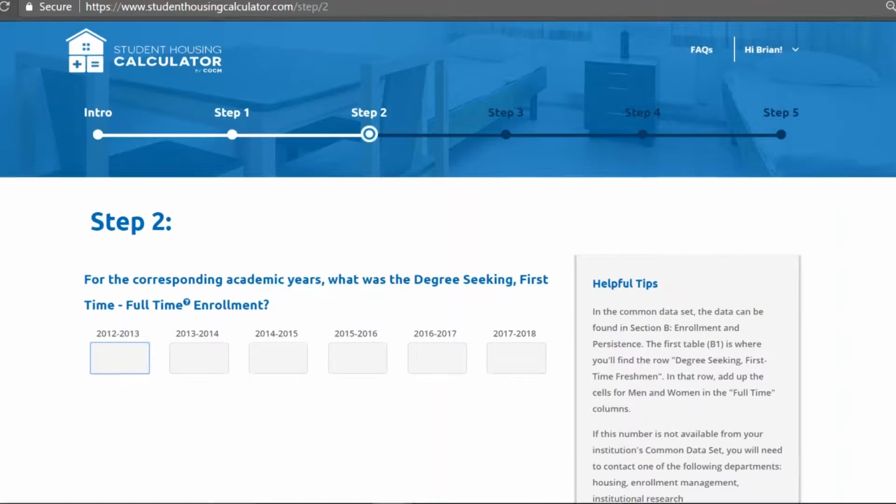Now we see the Step 2 page. The first input asked for is, for the corresponding academic years, what was the degree-seeking first-time, full-time enrollment? Here we're going to enter the following numbers. For 2012-13, 1,479. For 13-14, 1,422. For 2014 through 15,